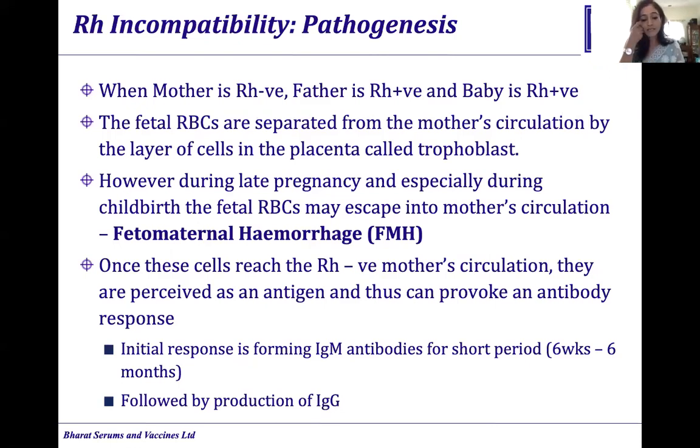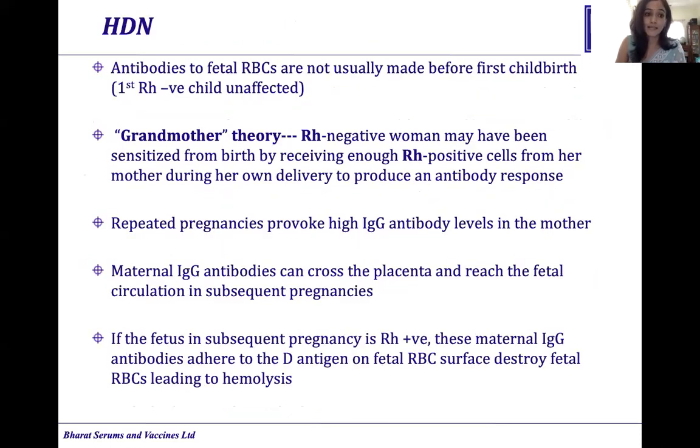In an ABO compatible mother and fetus combination, a good 2% of the mothers are sensitized around delivery, and a good 7% are sensitized by 6 months postpartum. So once this IgG antibody comes into play, a good majority of the mothers are sensitized at that time. With antibodies to fetal RBCs, usually the first child is not affected, but here is a theory.